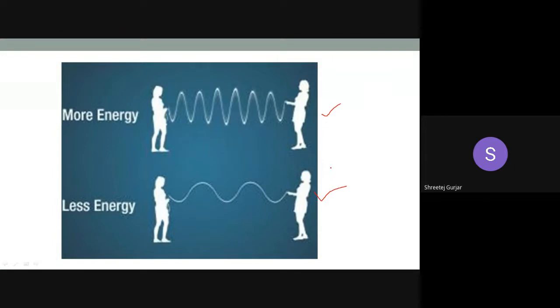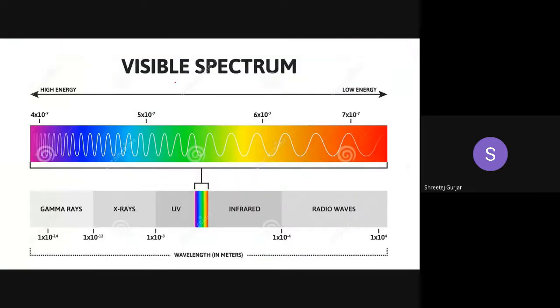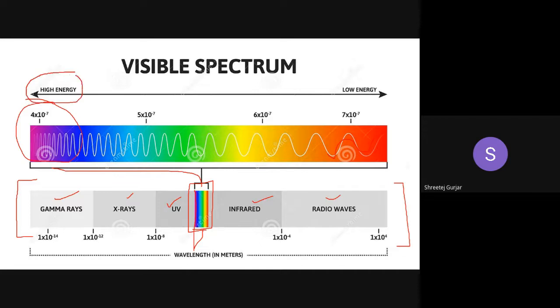So this is regarding the basic things of your electromagnetic spectrum. Here is one more image showing you the broad image of your electromagnetic spectrum. Here you can see this is the entire electromagnetic spectrum, and whatever we are able to see is only this much. So UV light, infrared, radio waves, all these waves are not seen by our eyes. This is expanded over here and shown. You can see red has higher wavelength, and as we go down here, you can see the wavelength is getting very short. Frequency is getting very high. Similarly, this end has high energy, and here it has low energy.